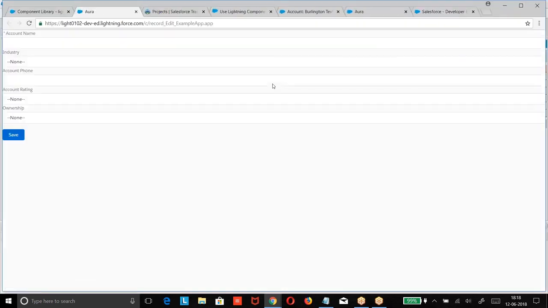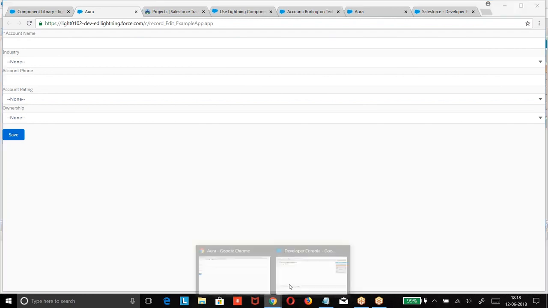Have a preview. In this case, what happened? I have not mentioned the ID. So if I mention the ID, what happens? The data which is there in the record will be captured.